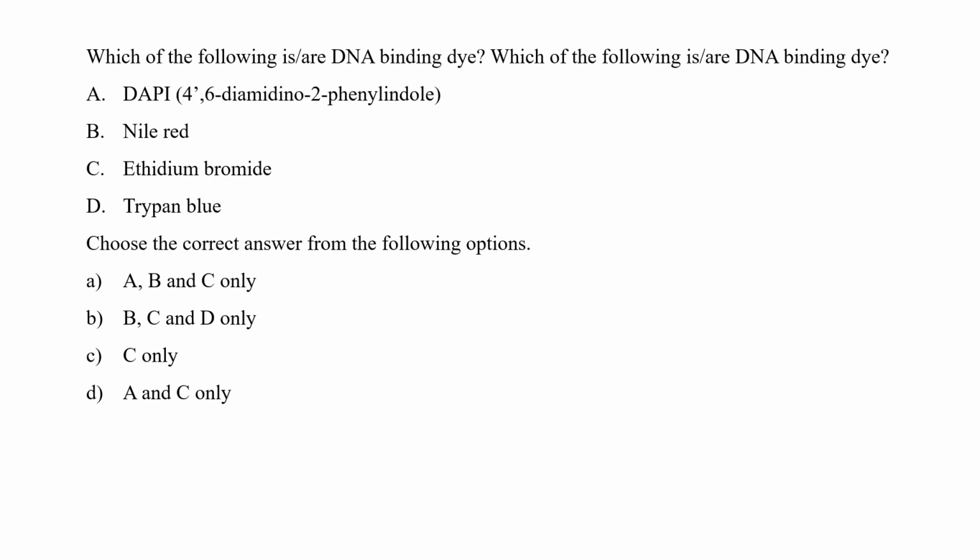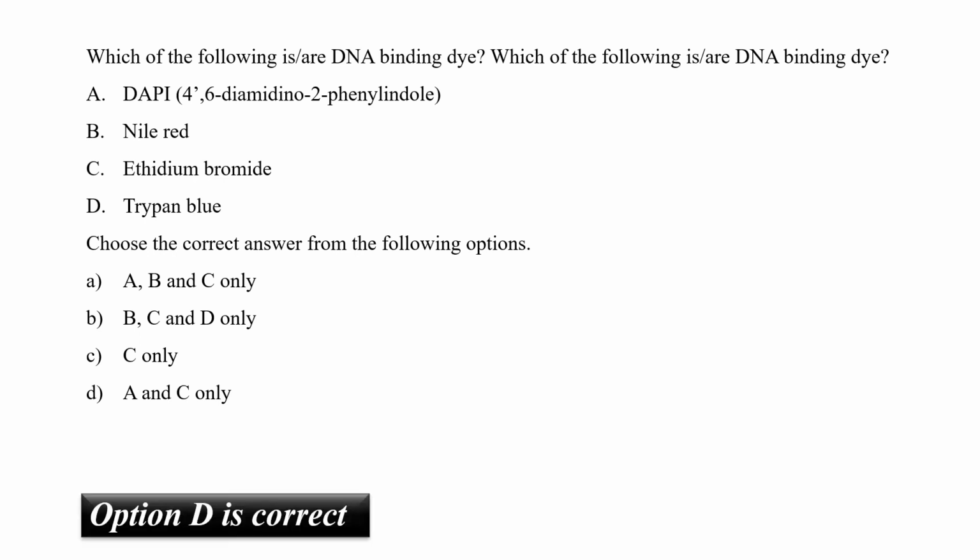Nile red is a phenoxazone lipophilic dye that shows strong fluorescence enhancement upon transition from aqueous to hydrophobic environment, such as the protein-SDS complexes. Trypan blue, on the other hand, is a vital stain which is used to identify dead tissue from the alive tissue. So, the alive tissue do not allow the trypan blue to enter into the membrane, while the dead tissue, because the membrane is permeable, allows the trypan blue to enter into the cell, and hence the dead cell appears distinctively blue under microscope. So from the given options, option number A and C only, that is DAPI and ethidium bromide, can be used